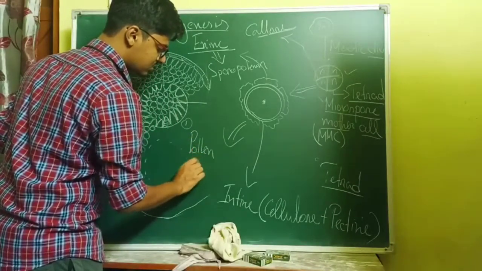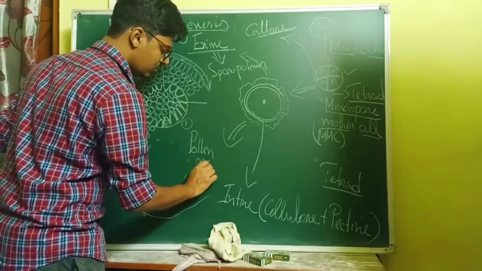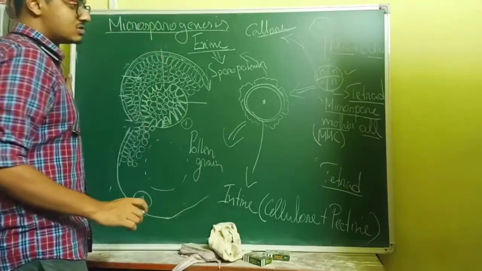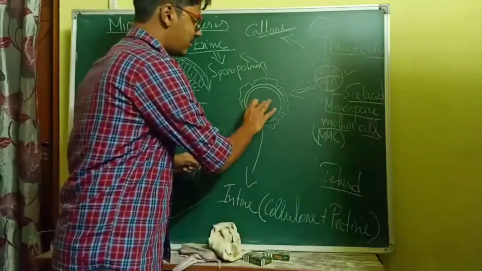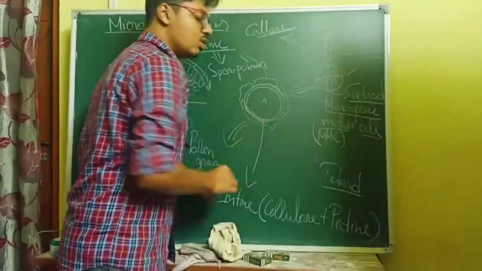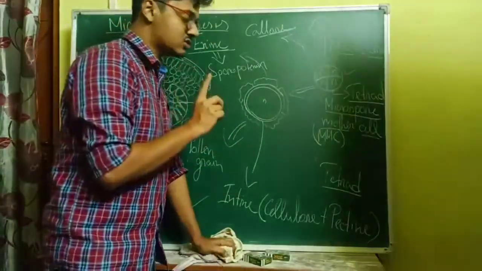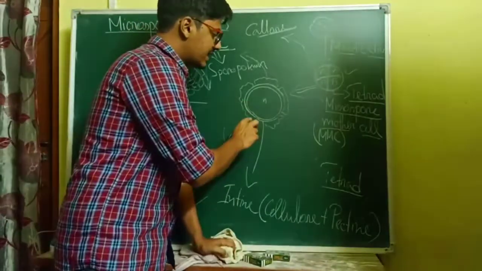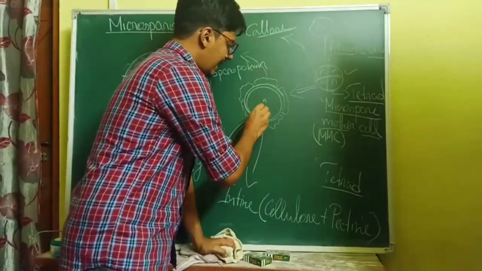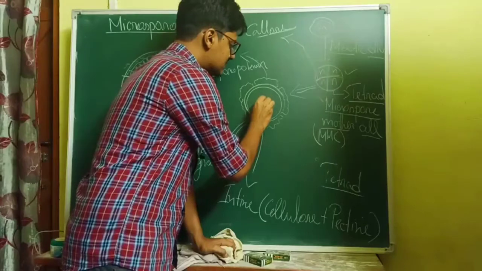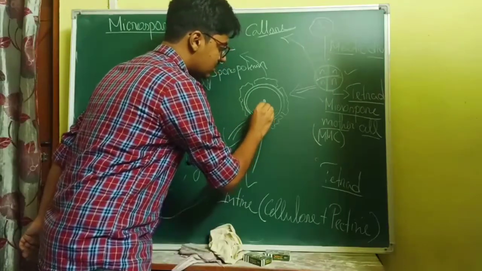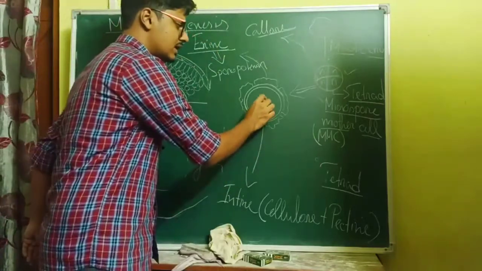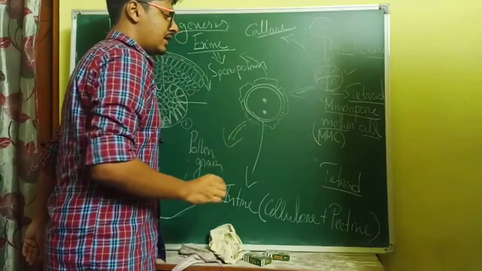So at last we have reached the pollen grain. Now some more changes take place here. This haploid nucleus of the pollen grain goes through a mitotic division, mitosis, not meiosis, and two nuclei are formed. One nucleus on the above, one nucleus on the downside.